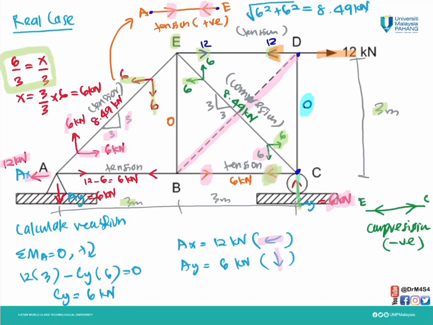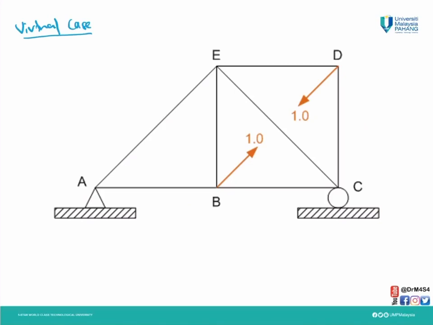For the real case, we take out member BD and we're going to do the virtual case, for which we have to put back member